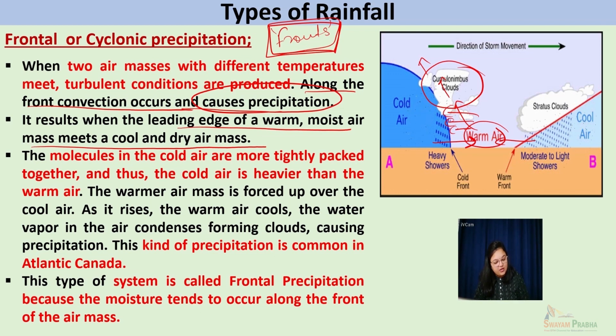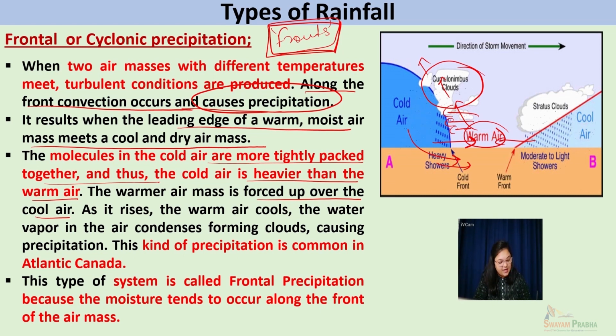The molecules in the cold air are more tightly packed together, and thus the cold air is heavier than the warm air. So it wants to remain at the surface. The warm air mass is forced up over the cold air. As it rises, the warm air cools, the water vapor in the air condenses, clouds are formed, and precipitation takes